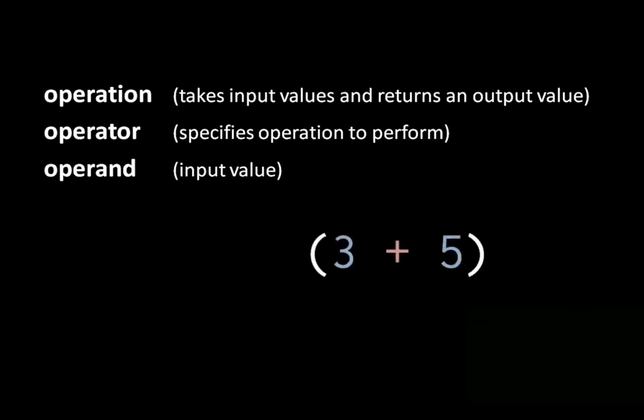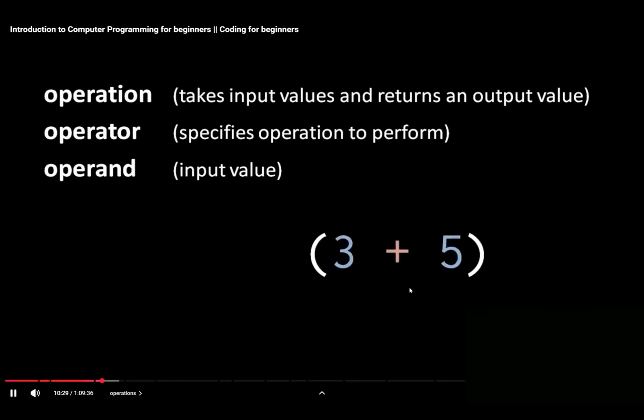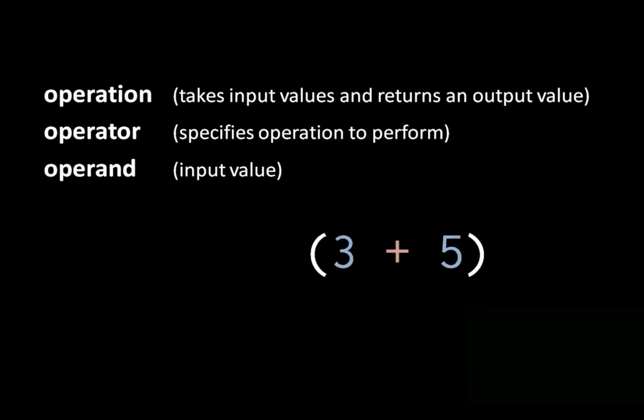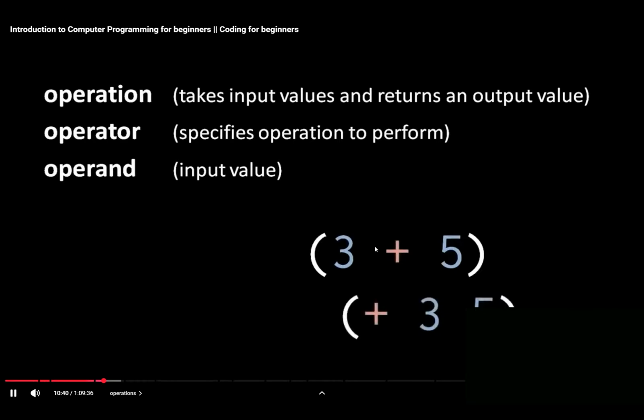So here's an example addition operation as you used to see it in mathematical notation. The plus sign is the operator, and the operands are 3 and 5. In Pidgin, however, we use a slightly different style of notation for operations called prefix notation. The notation you're familiar with from mathematics is called infix notation, so called because the operator is infixed between the operands. In prefix notation, the operator is placed in front, and then the operands are listed afterwards. Another change we make in Pidgin is that the operators for common operations are not denoted by